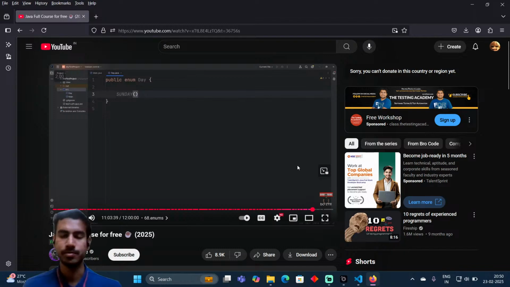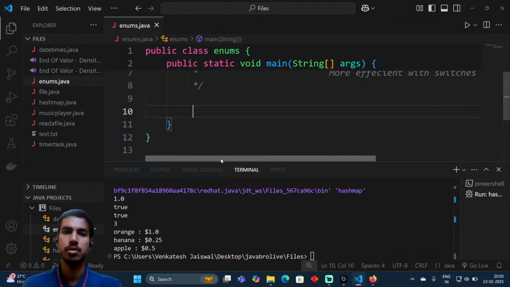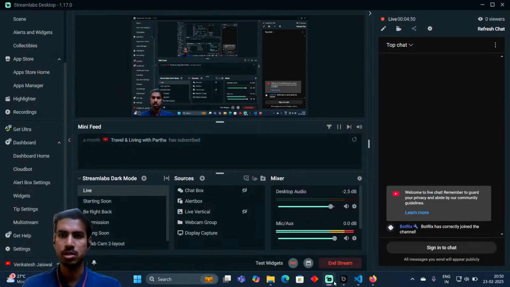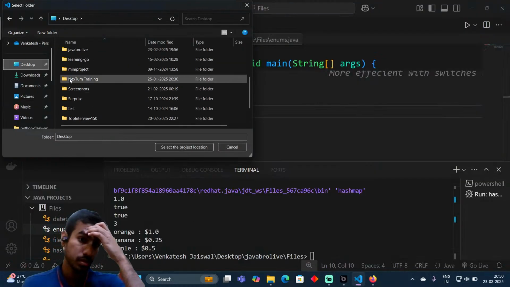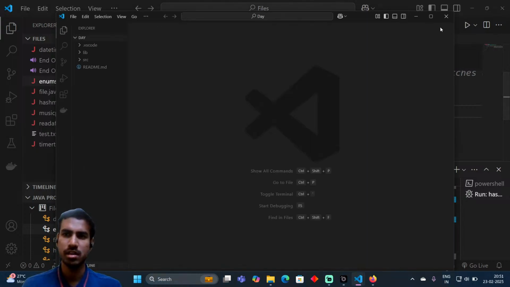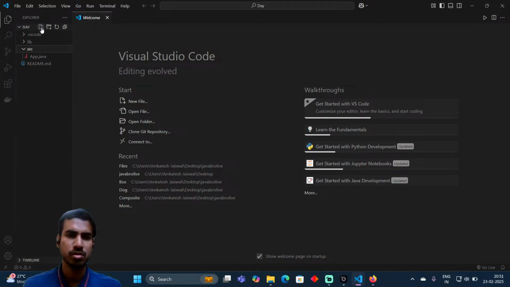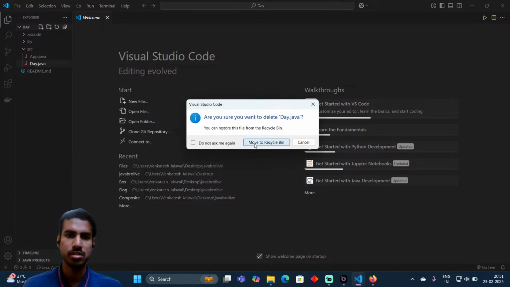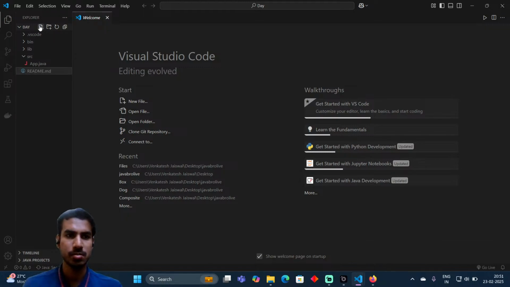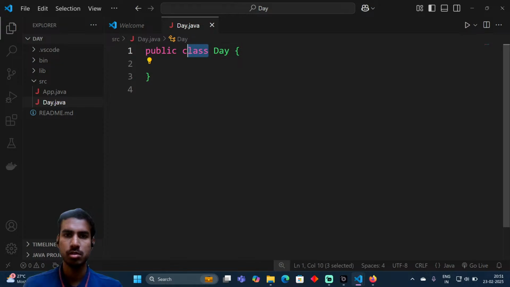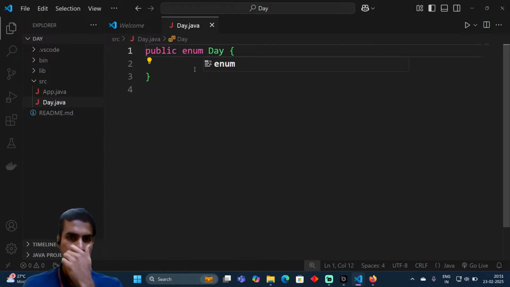तो गाइस इसने बिल्कुल ही अलग कर दिया। तो अब हमें बिल्कुल अलग कुछ बनाना पड़ेगा। तो अब जाएंगे हम लोग डेस्कटॉप पे, और ये स्ट्रीम दोबारा स्टार्ट हुई है। आज लाइट बहुत जा रही है गाइस, प्लीज बेयर विथ मी। तो Day है, और हम यहाँ एक Day.java बना देंगे। फिर हमें src में बनाना है, तो हम यहाँ बनाएंगे Day.java। ये पब्लिक enum Day होगा, ठीक है।